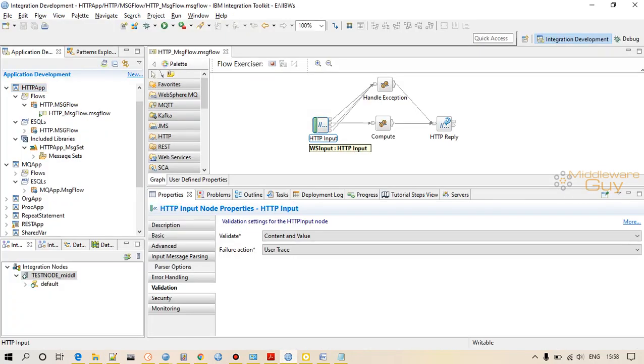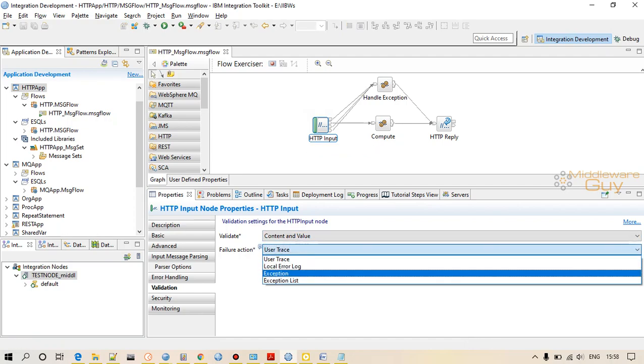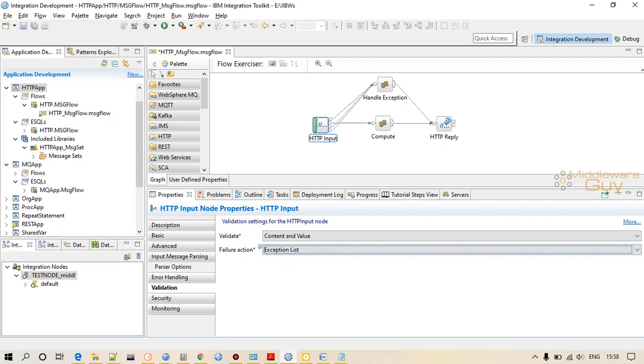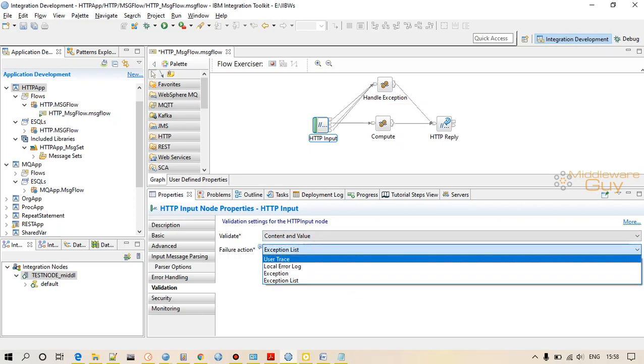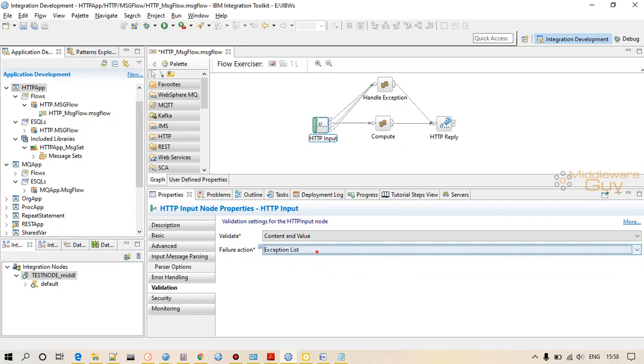But now let me tell you one thing, these three options are not relevant. In 99.9% of the cases you use this option and capture all the errors. Your exception handler will capture all the errors, and your user will get to know what the problem is, right?